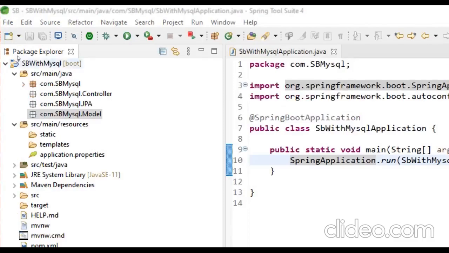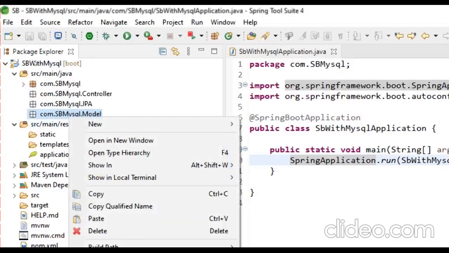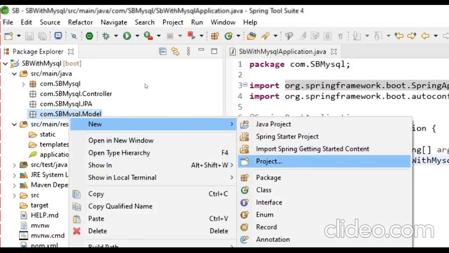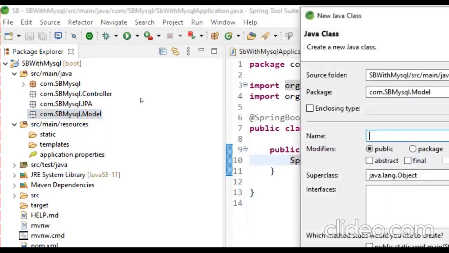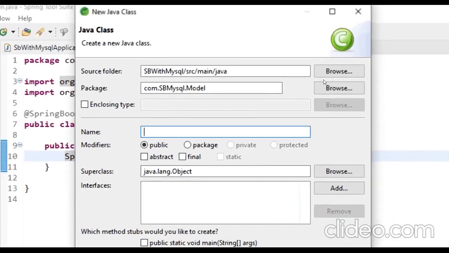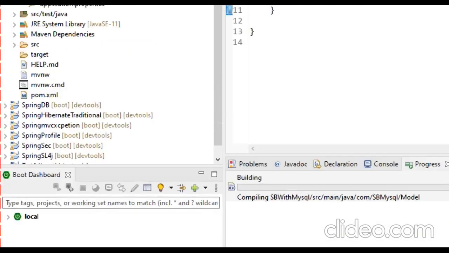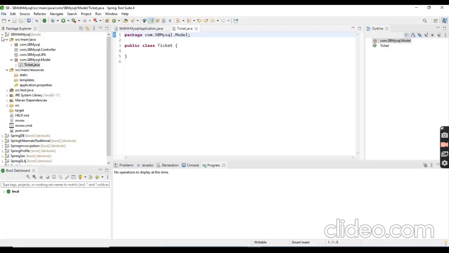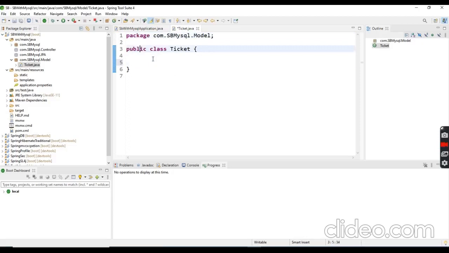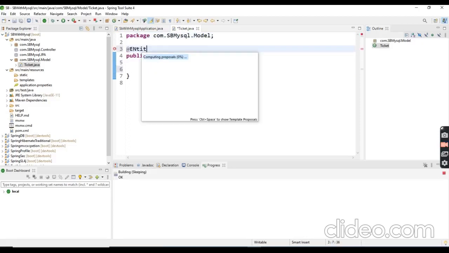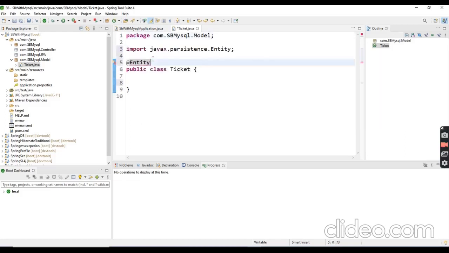I'm going to create the model class as Ticket. I'm annotating the Ticket class as entity. This means we are telling the Spring Boot application to recognize this class as an entity.